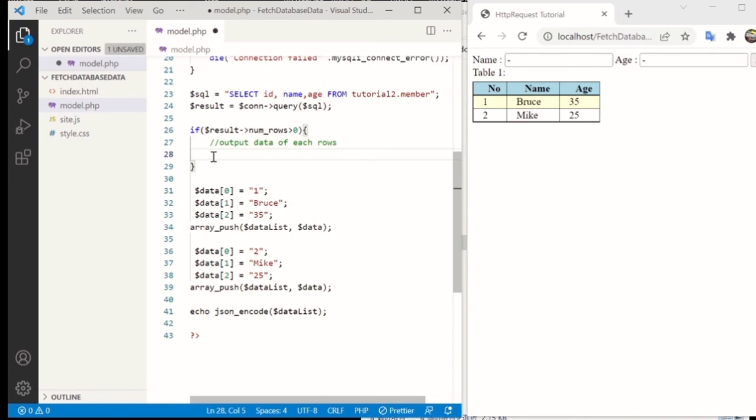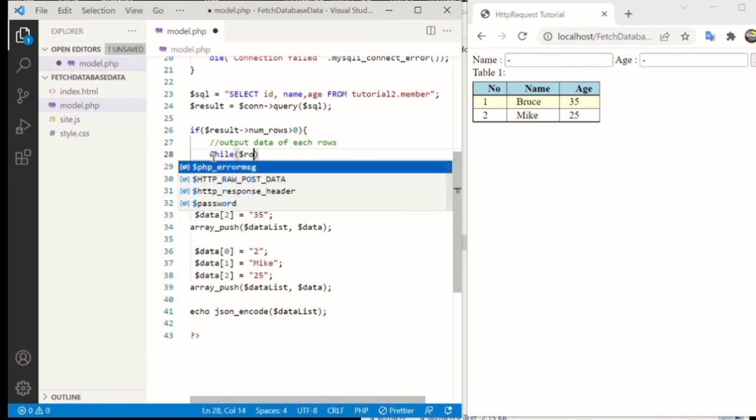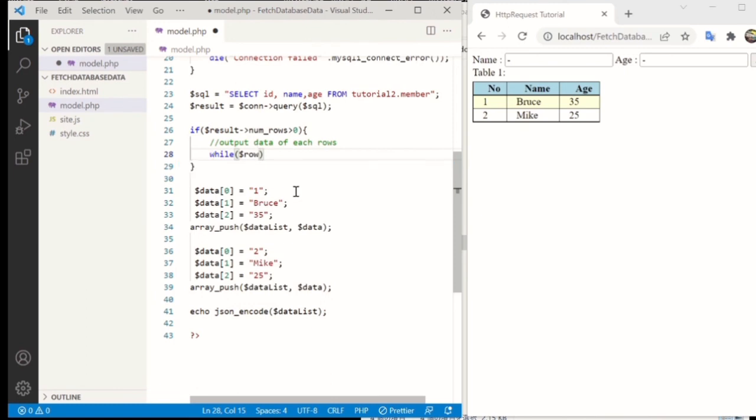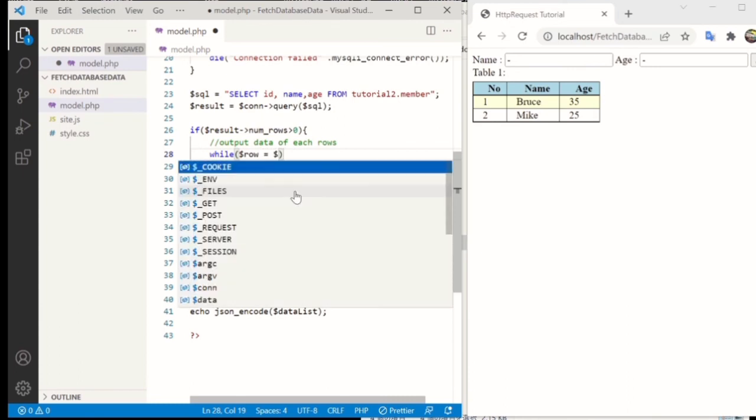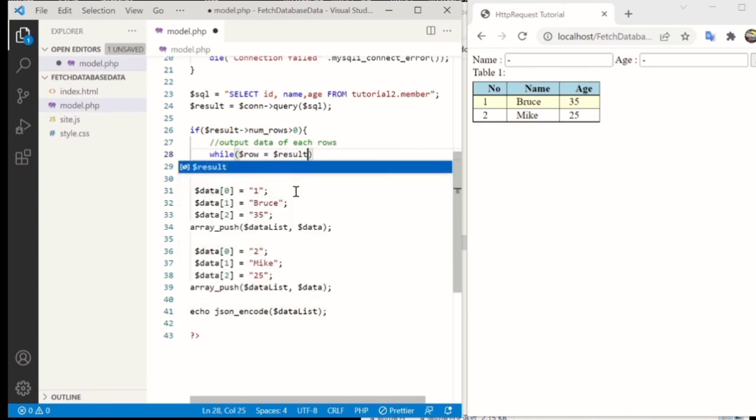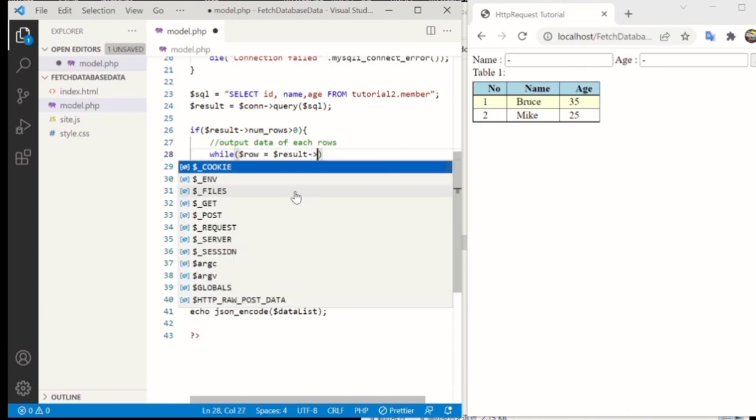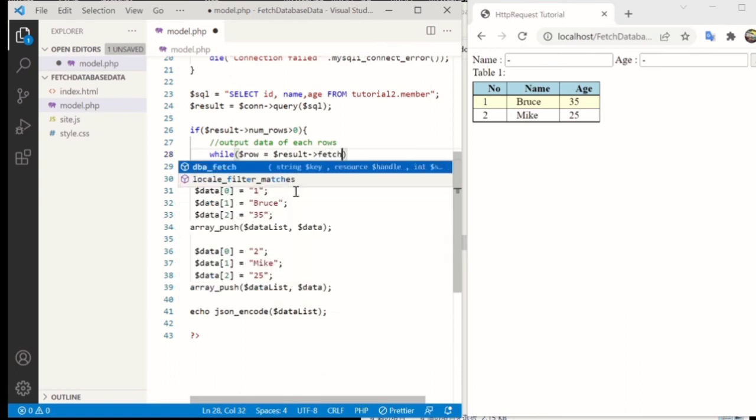I'm going to use this while loop. I'm going to assign an object called row. Going to get all the data from this result object here. So I'm going to type in this fetch associate function,